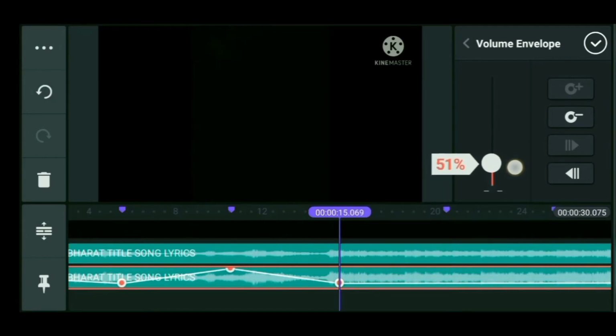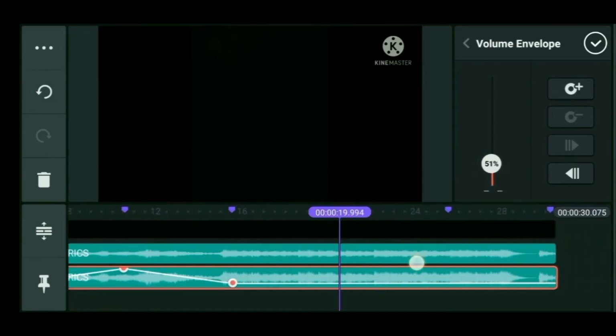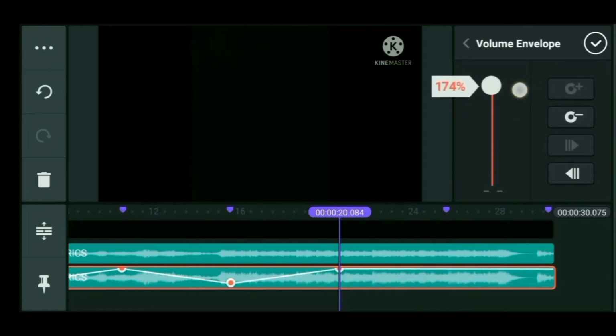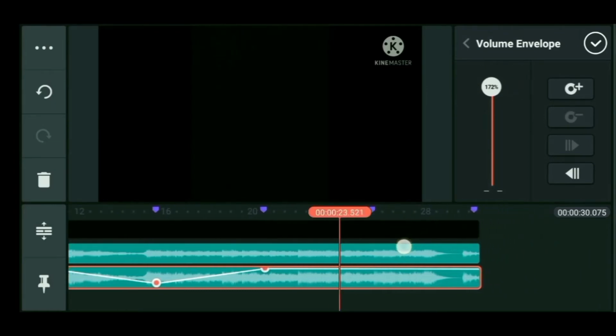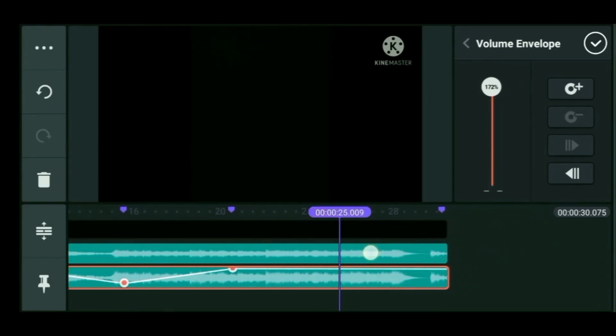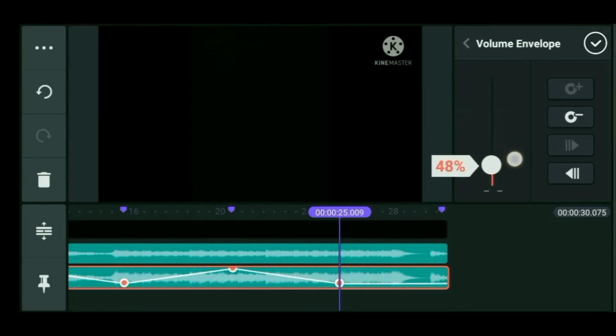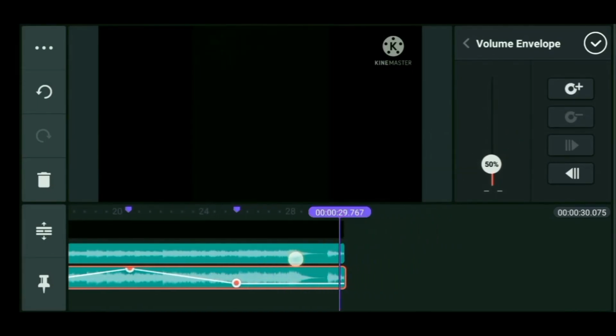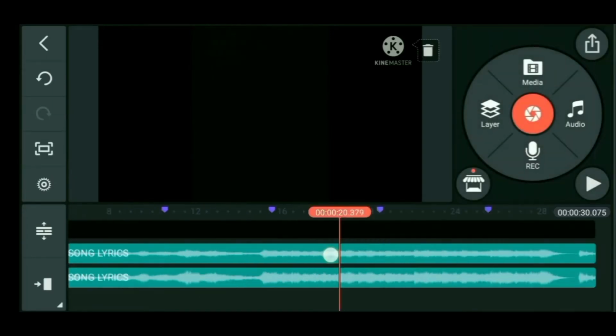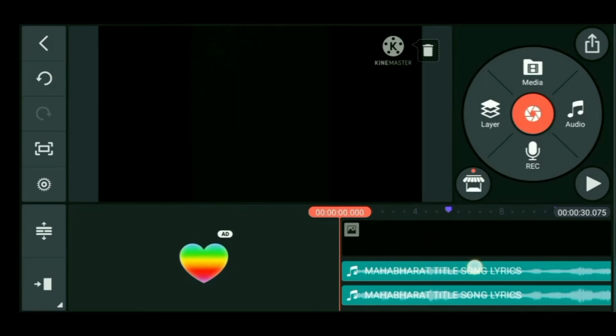It should be 50 and 175 only. Remember this, it's very important. You can't take it to 200 or anything. It should be 175 or 50, and you can take it 176, 174, something like that. So that will be helpful. And as I told you, the last one should be at 100, middle. Now after doing that, your 8D audio is ready.